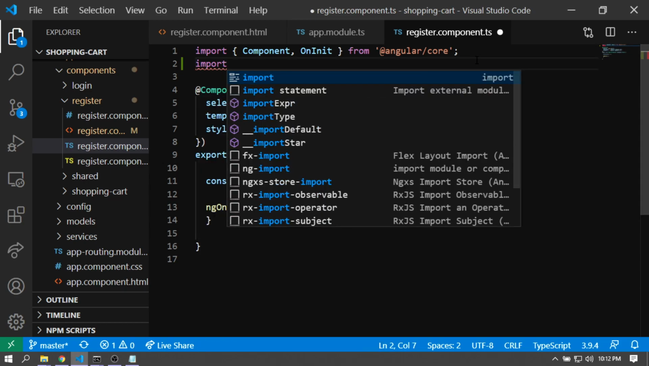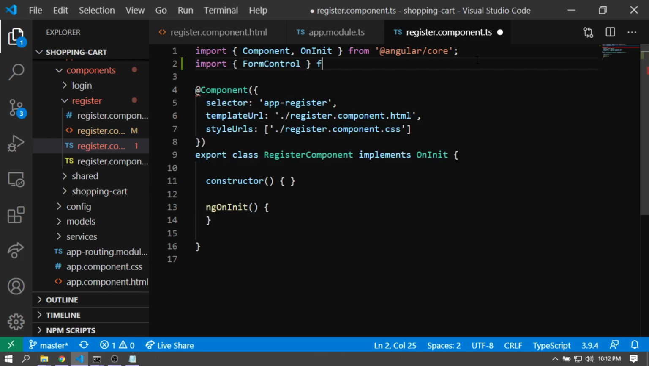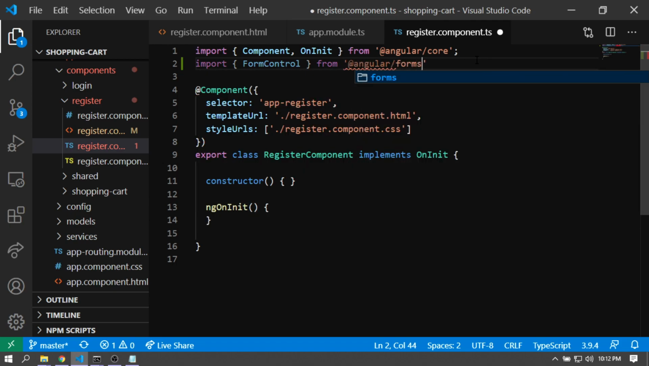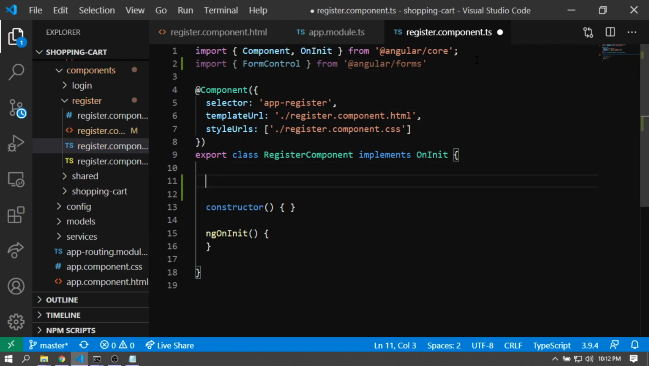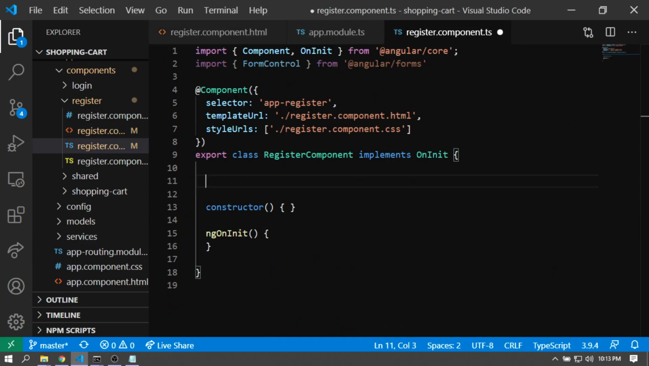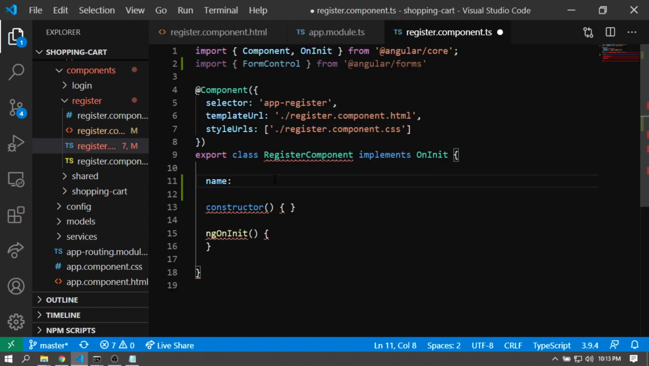So here is how I create a single form control. I would import a form control from Angular forms. And for now, I'll just make the name of my form, that is the name element itself, my form control. That is this one, the input ID name. So in that case, let's just call it a property called name. I mean, you don't have to give it the same name as the control that you're intending it to. Name would be a form control,